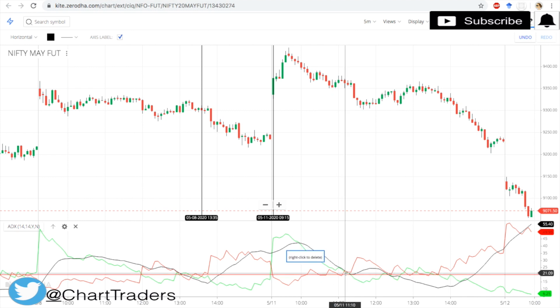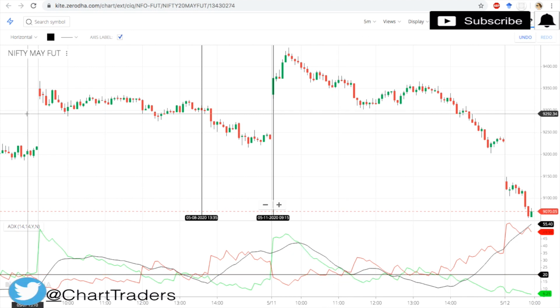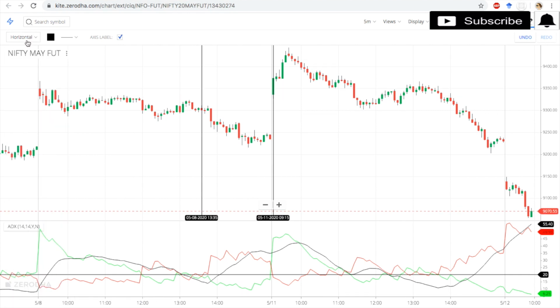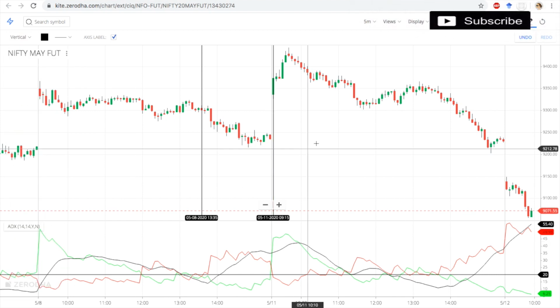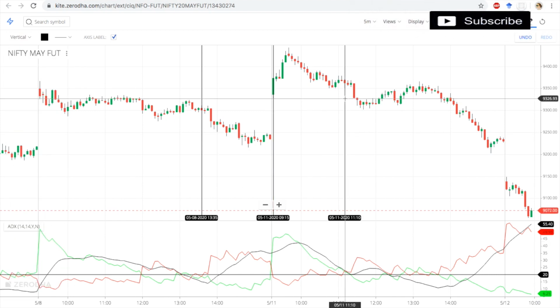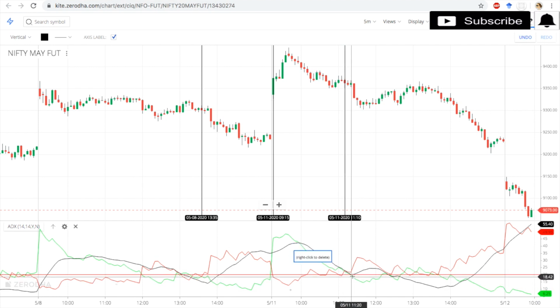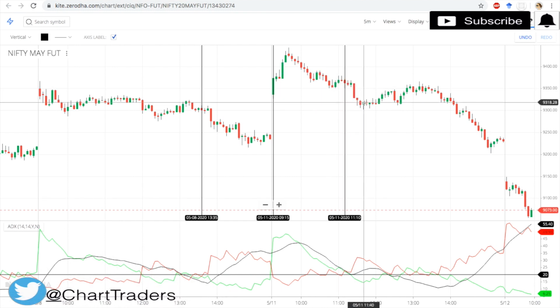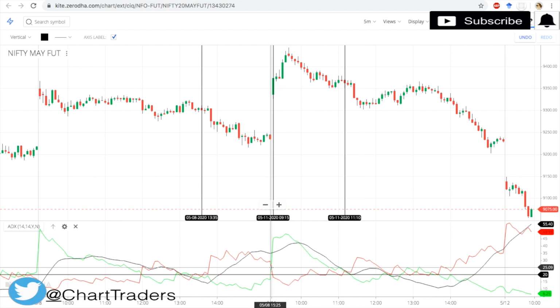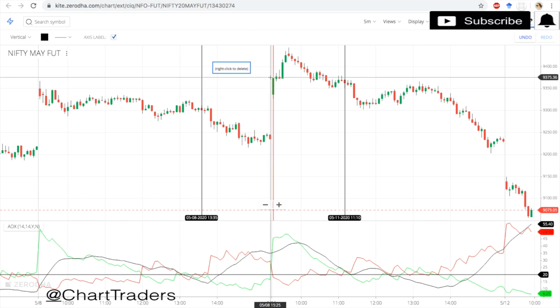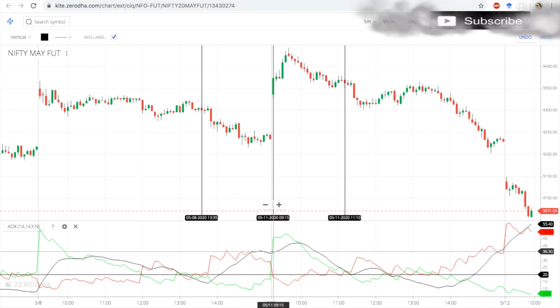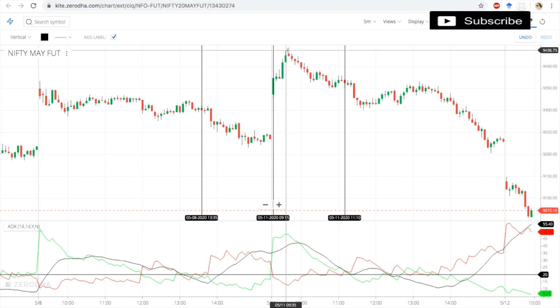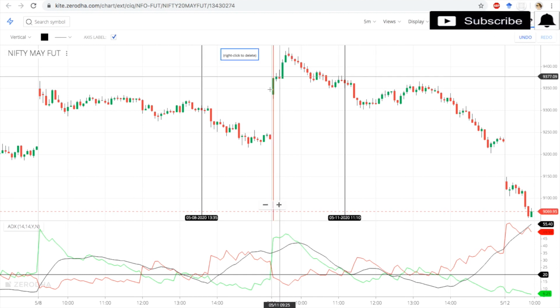Whenever the red line crosses the green line and ADX is above 20, I am going to sell. So there is a sell opportunity here. And we have some downtrend. Here ADX is higher than 20 again, and at this point after this candle the green line crosses your red line, ADX is above 25, so I am going to buy. So this is your entry point.